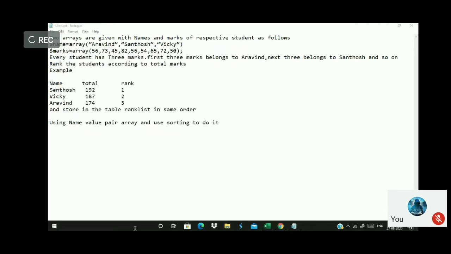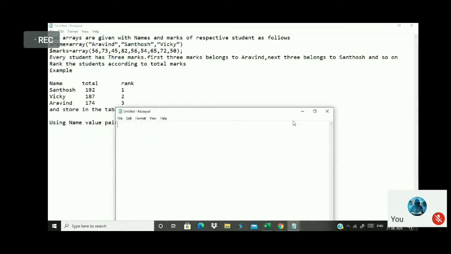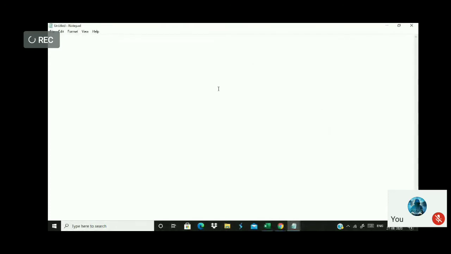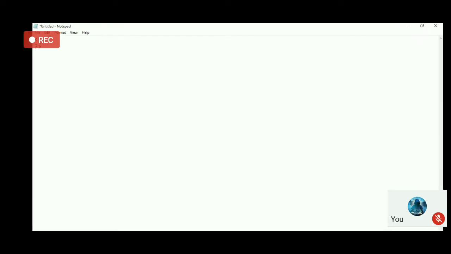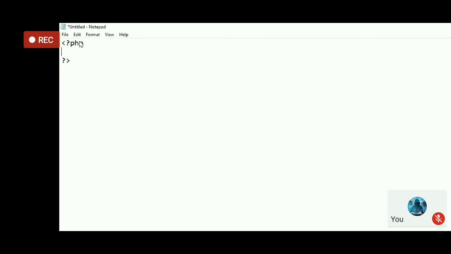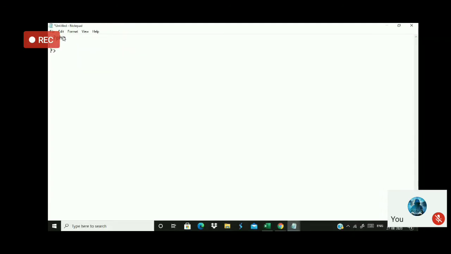I'm not using any HTML code over here. I'm just taking the PHP code as static code. Directly I'm going to write the PHP code, and finally I have to put it inside the database. Now listen carefully. I write the PHP code. First I put the delimiter here. This is very, very important. First you have to put the delimiter.